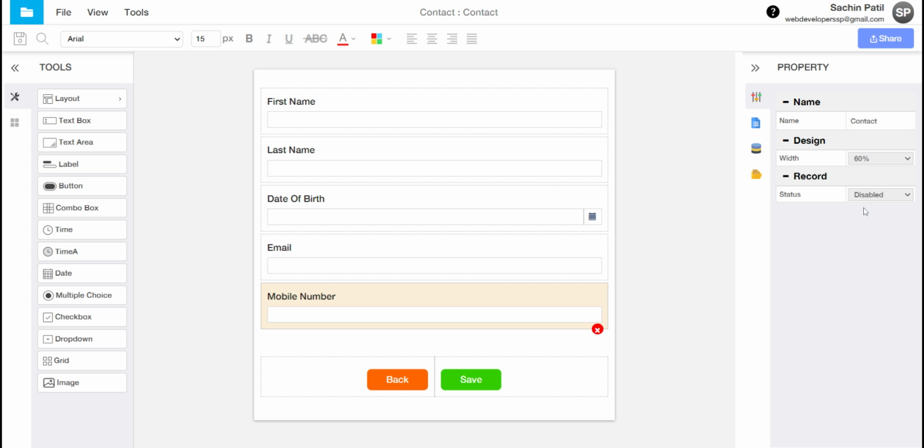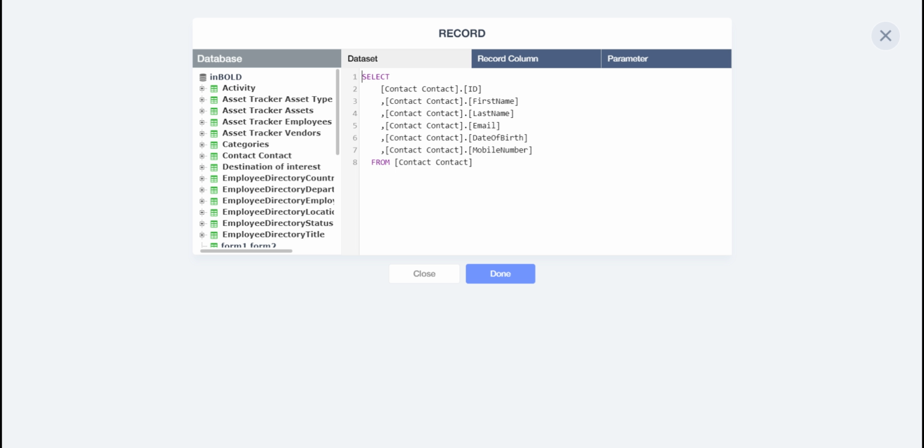So I need to go for the transaction list, so that you can choose the data quite easily. Open and edit kind of option is there. So let me enable this one and choose the selection one. Also, once I open the record option, automatically as per the structure of the page, I get the SQL. So I can change the SQL. That option is here, but it's there already.